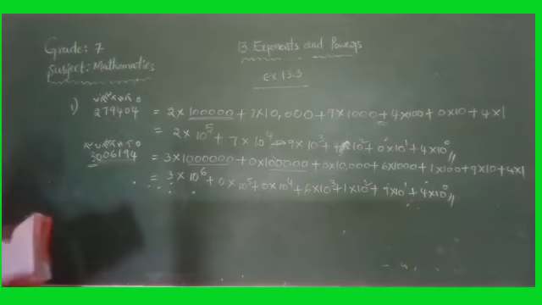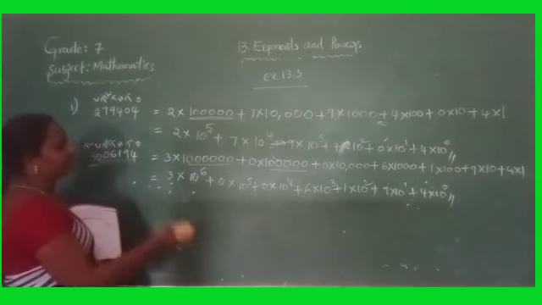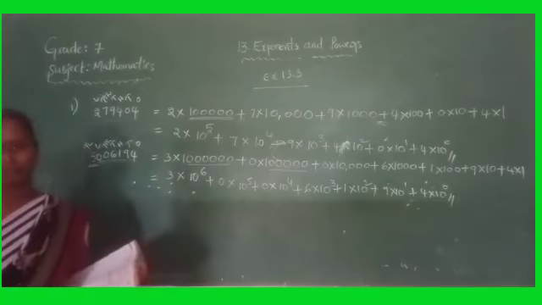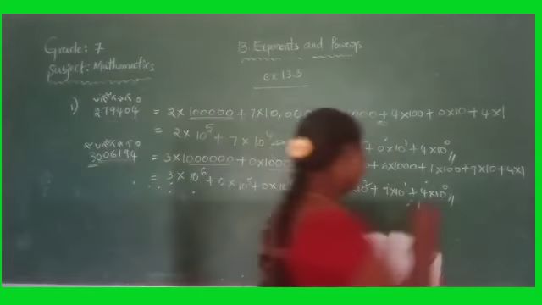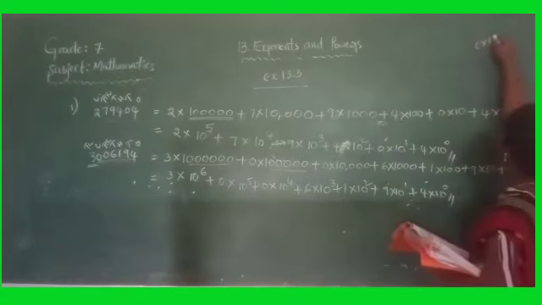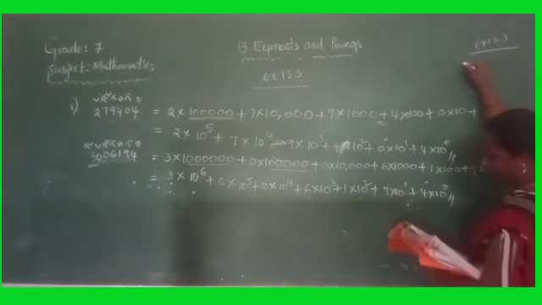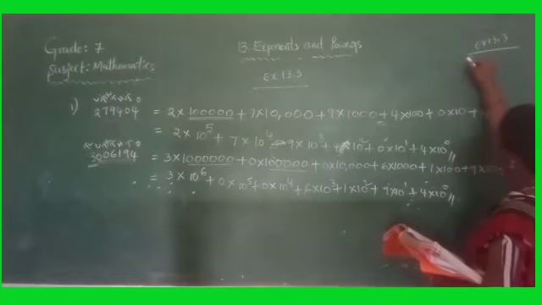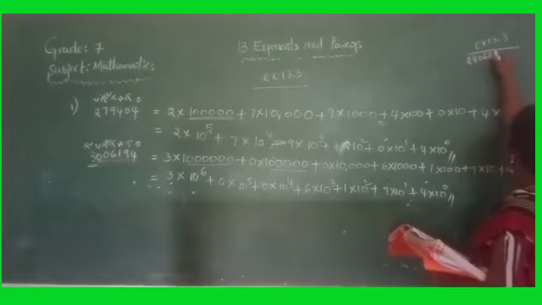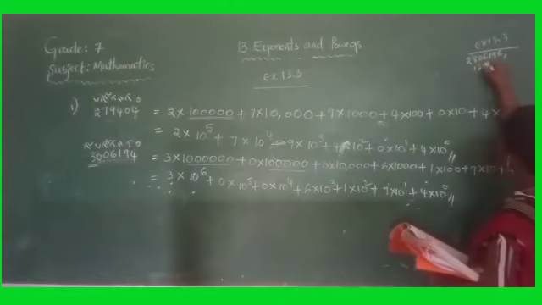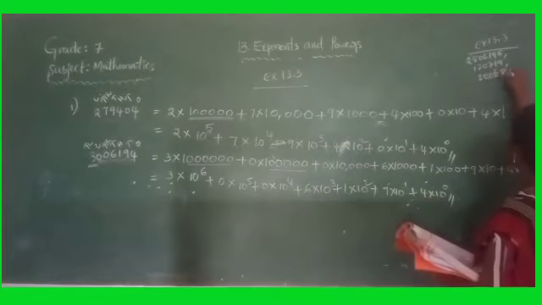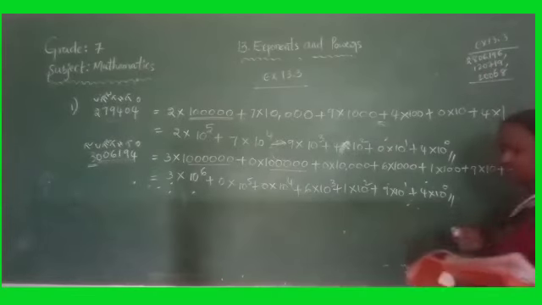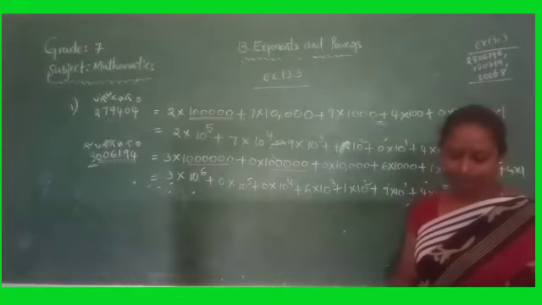So from childhood days onwards you are learning how to write the number in expanded and short form. So similarly remaining all problems, that is this exercise 13.3. So remaining 3, 4, 5, that is 2806196 and 120719 and 200680. These numbers you have to write in the expanded form.